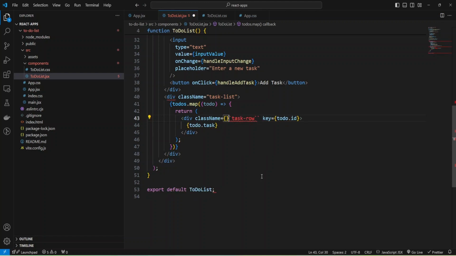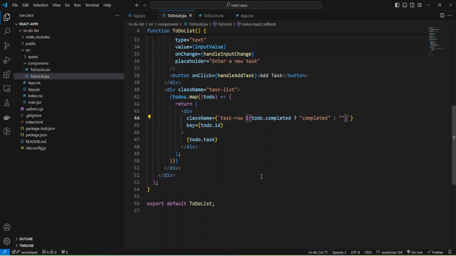I'm going to add code here and provide task row, and we can use a variable, and to-do completed, and if the task is completed, then we can add completed class name. If a task was not completed, then we just return empty string.